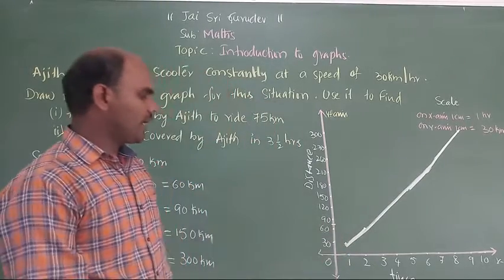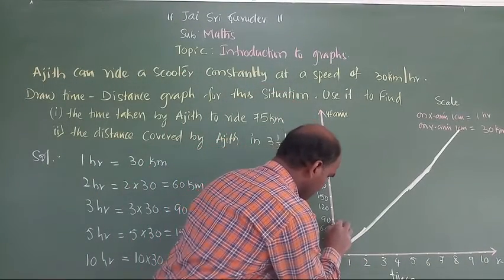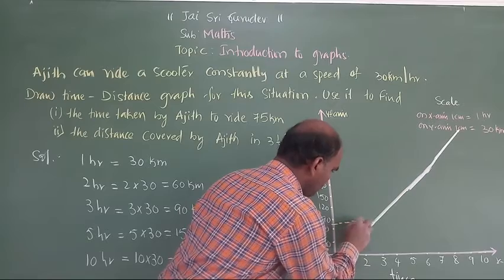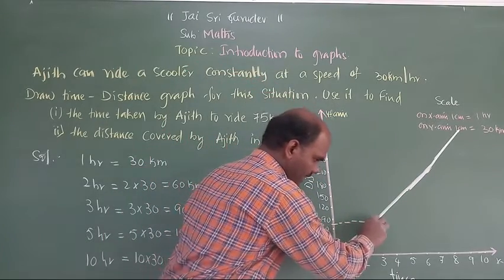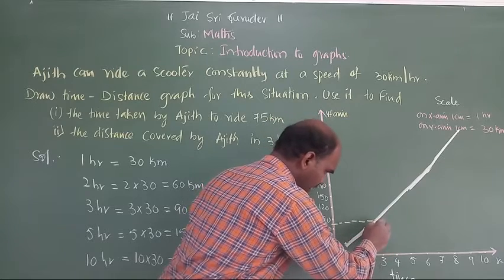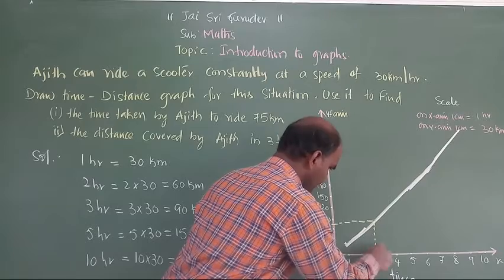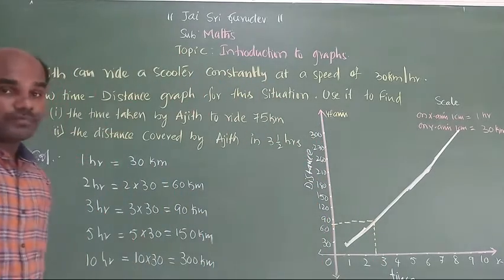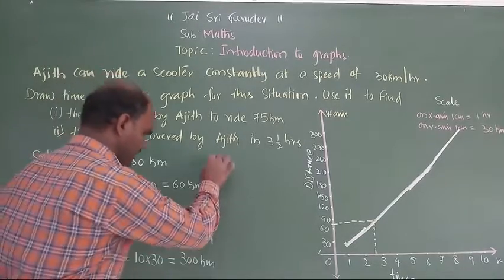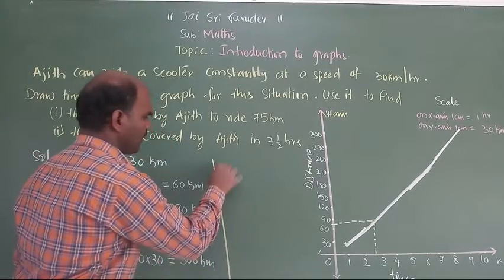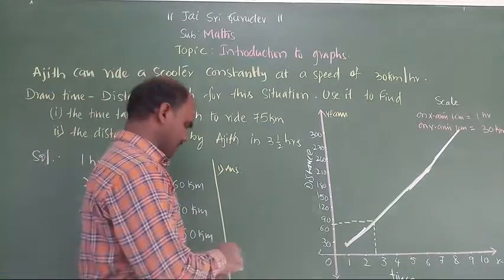Take the scale and draw the straight line. Then it will intersect the graph line here. Then you have to draw it to the x-axis also. So how much are we getting, children? The fifth line we should get exactly. So what is our first answer, children? 2.5 hours. Okay.